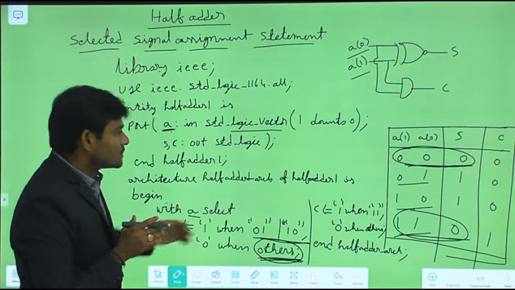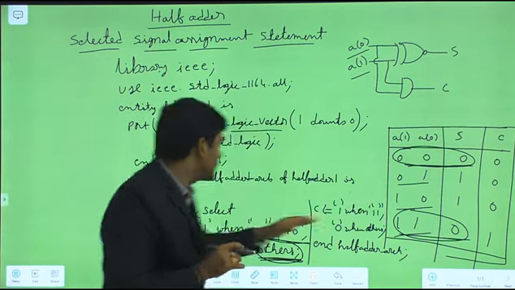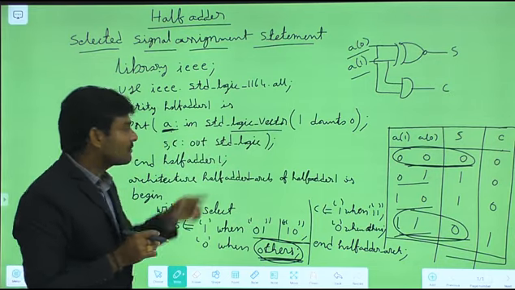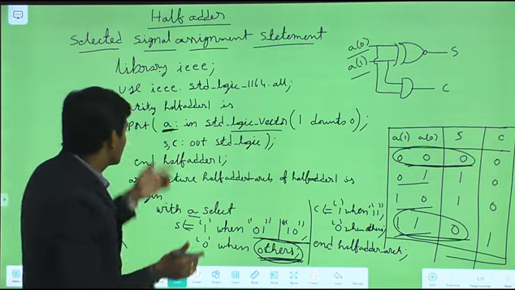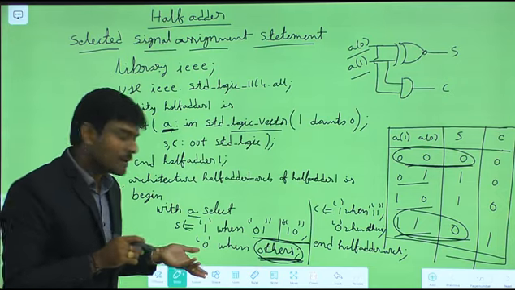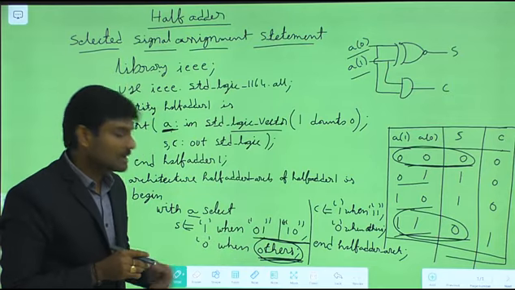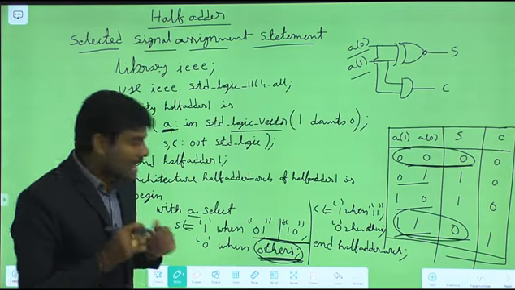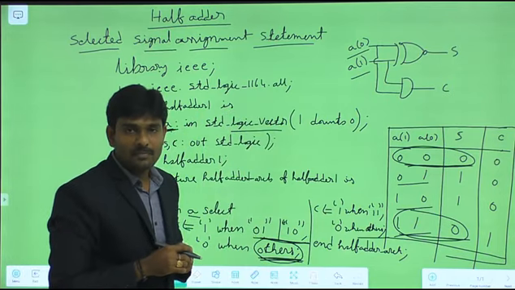If you look at this, you may think that only 4 combinations exist, but here the input is std_logic_vector, by which I can give any one of 9 values. Considering that, 9 squared combinations, a total of 81, exist. Out of that only 2 are mentioned, and by mentioning others, the remaining 79 are covered. In the same way for the carry, the last one must be others. Anyway, thank you very much.